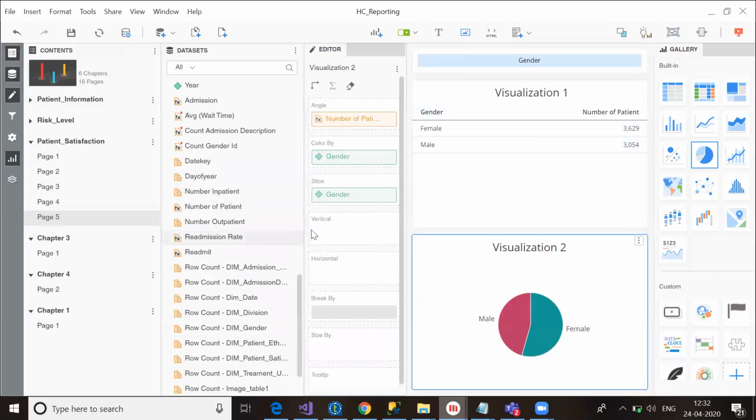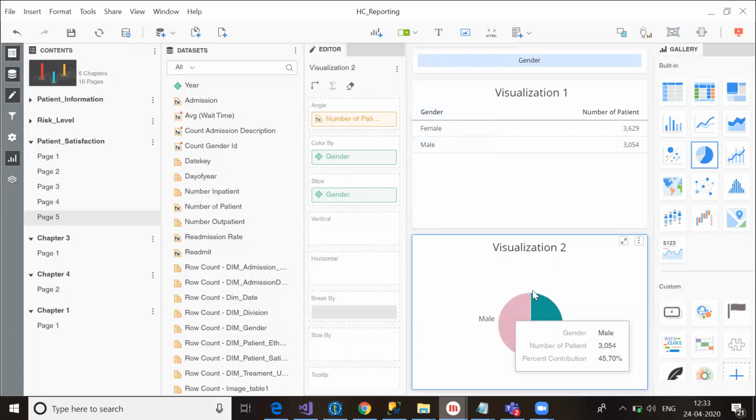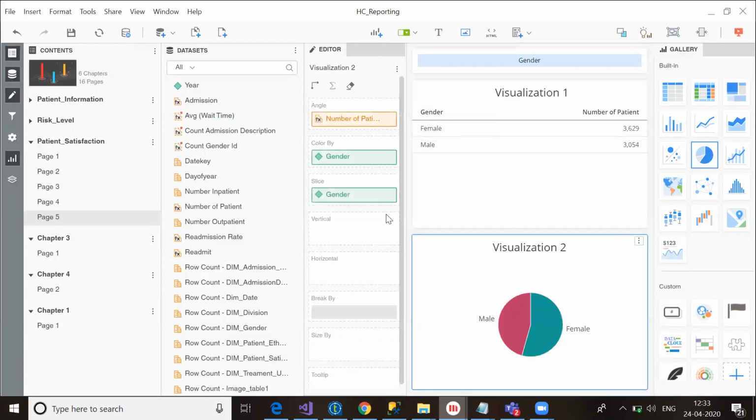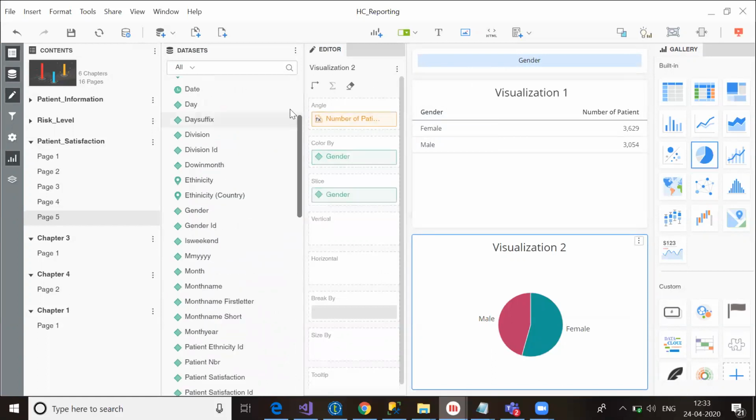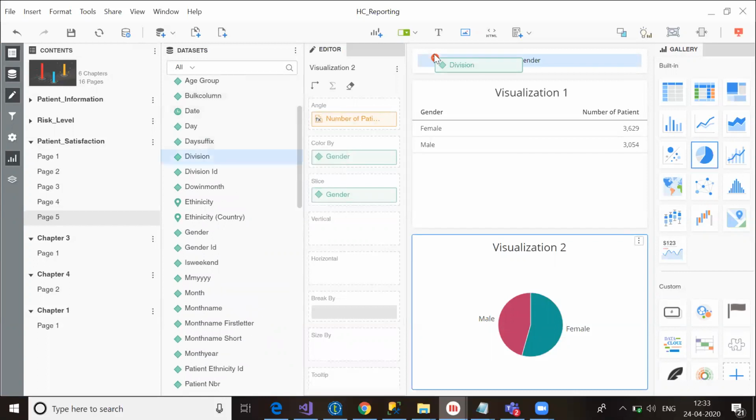Now I want to make this dynamic, meaning if I click on some other attribute, then my first column here, gender, will dynamically change, and here also that gender will dynamically change to another attribute. So what I need to do, I just need to select, let's say, division here.